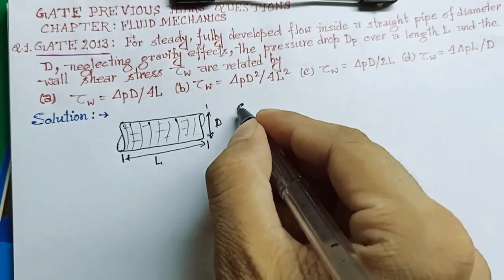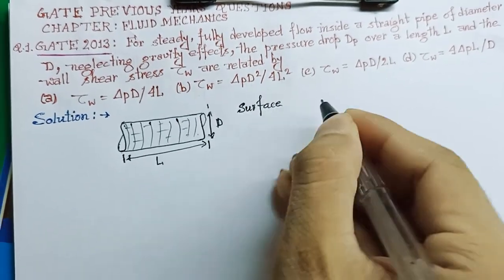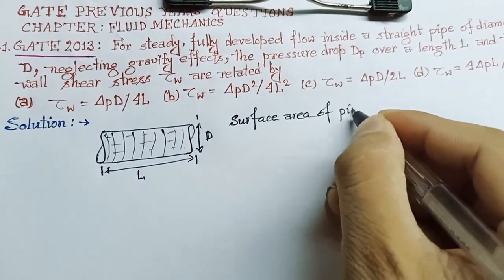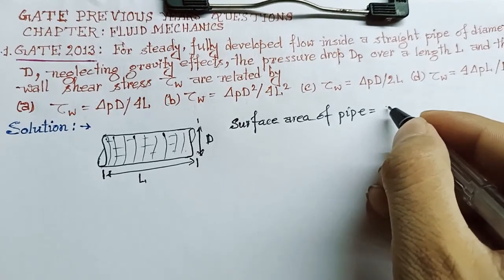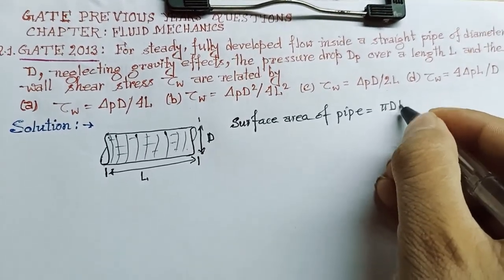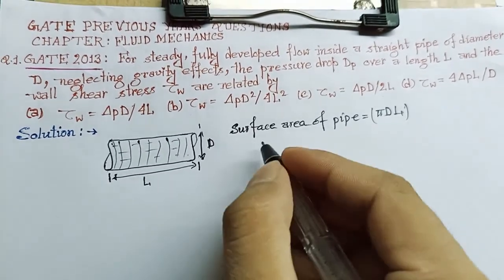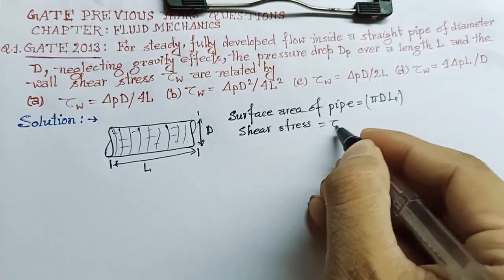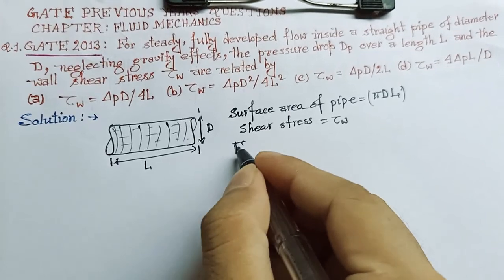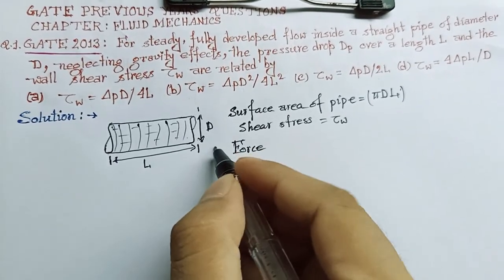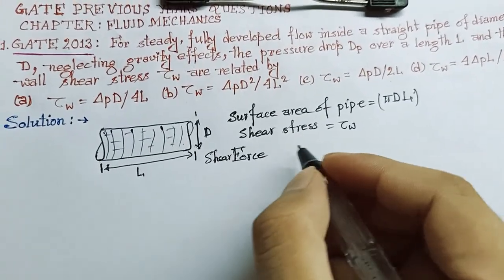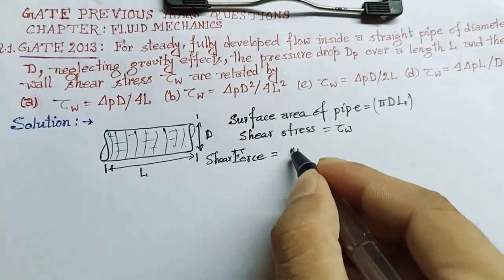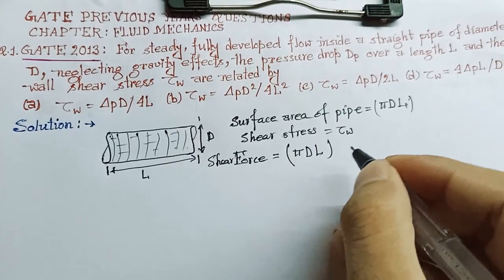The surface area of pipe is equal to pi d into L. So this is the surface area, and shear stress is equal to tau W. So shear force will be equal to surface area of the pipe, that means pi dL multiplied by shear stress tau W,